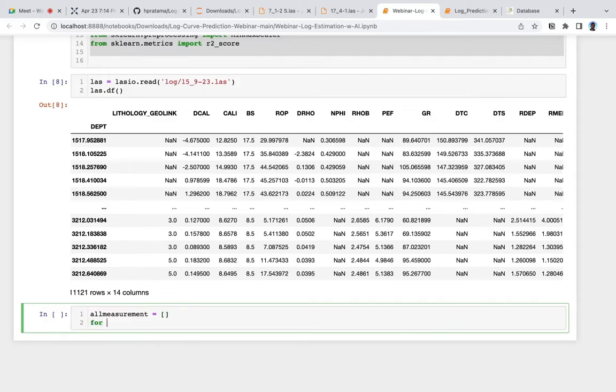and then we iterate one by one data, read it one by one and append this into the all_measurement. For e in os.listdir.